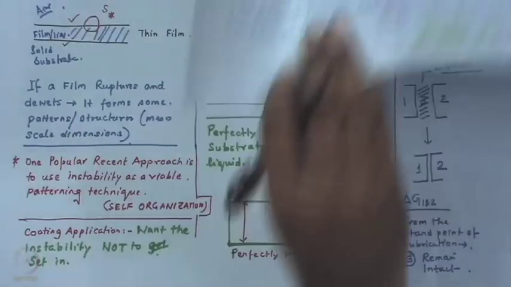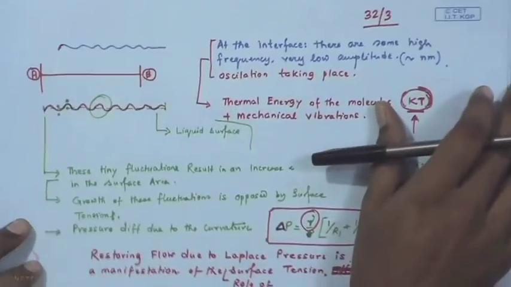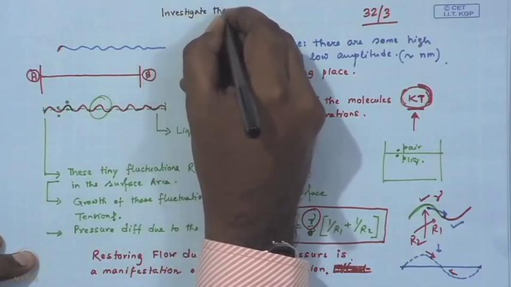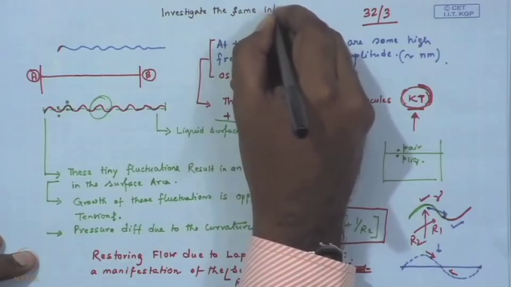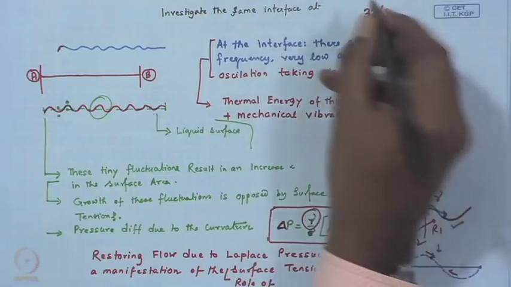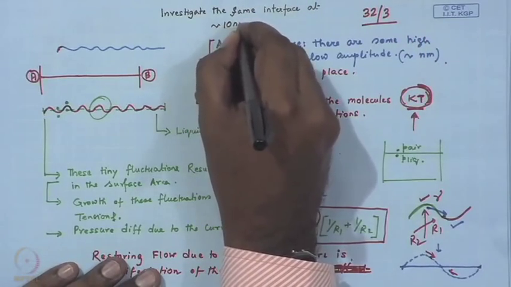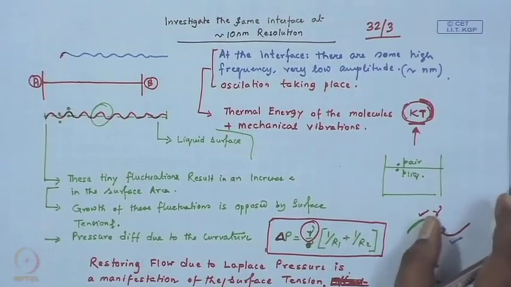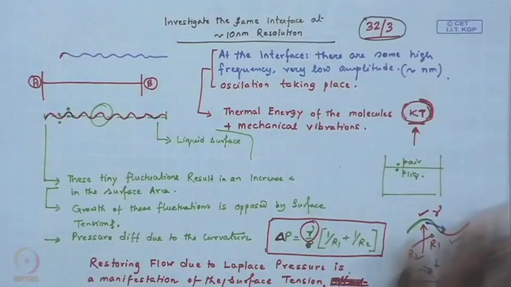Okay. But then we argue that if we investigate the same interface at a very high magnification, or at, let us say, a 10 nanometer lateral resolution, then we find that the interface is no longer perfectly flat as we had assumed in a macroscopic picture, but you have some very tiny fluctuations which are decorating the interface, and these fluctuations have their